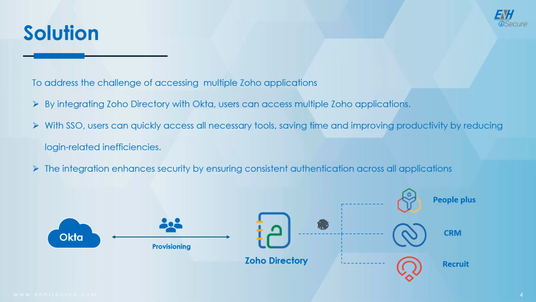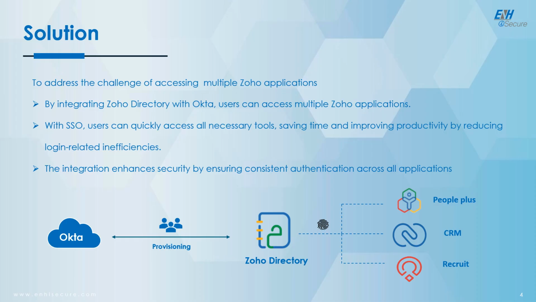Now, coming to the solution to address the challenges of managing multiple applications within the Zoho portfolio, such as People Plus, CRM, and Recruit, we use a simple and effective solution by integrating Zoho directory with Okta through SAML. In this setup, Okta is used specifically for enabling single sign-on, while Zoho directory handles the storage and management of user identities. This integration makes it easier for users to access all applications with a single login, eliminating the need